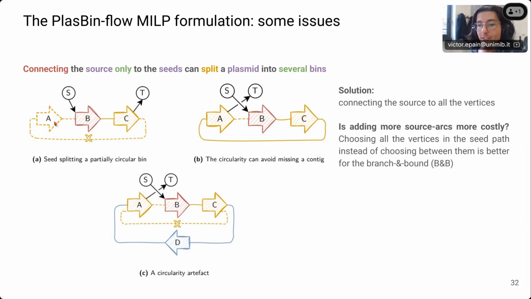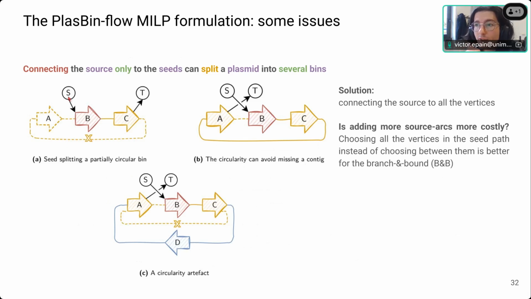Let's take the first example. In the first example, you have A, B, C normally connected through circularity. But imagine that there was a problem during the assembly process and there is a missing link. And here CA is a missing link. So what will happen?